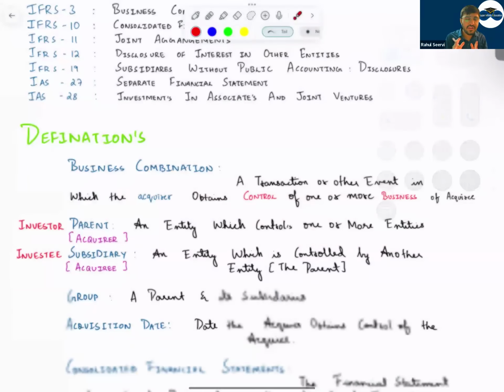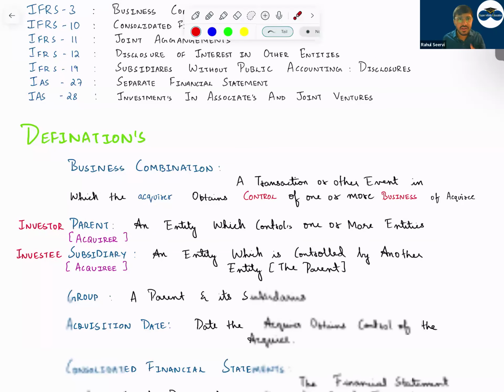The definition: what is a business combination? In consolidation, there are two standards, IFRS 3 and IFRS 10. Understand when IFRS 3 will apply. IFRS 3 will apply on the day we acquire the company, and at each reporting date, IFRS 10 will apply. The example which I had given in the class: if you purchase a new car or new iPhone, you click a photo and put a status on your WhatsApp today only. So this means